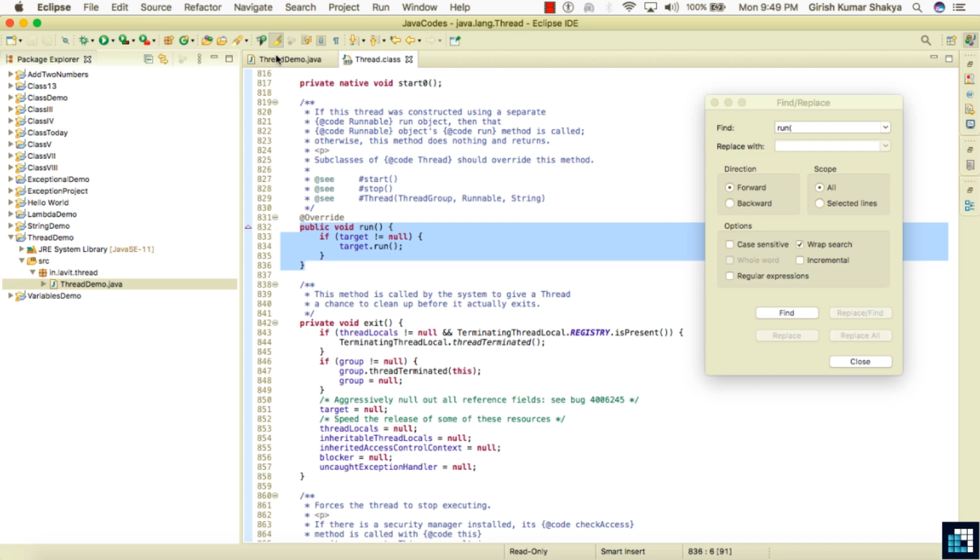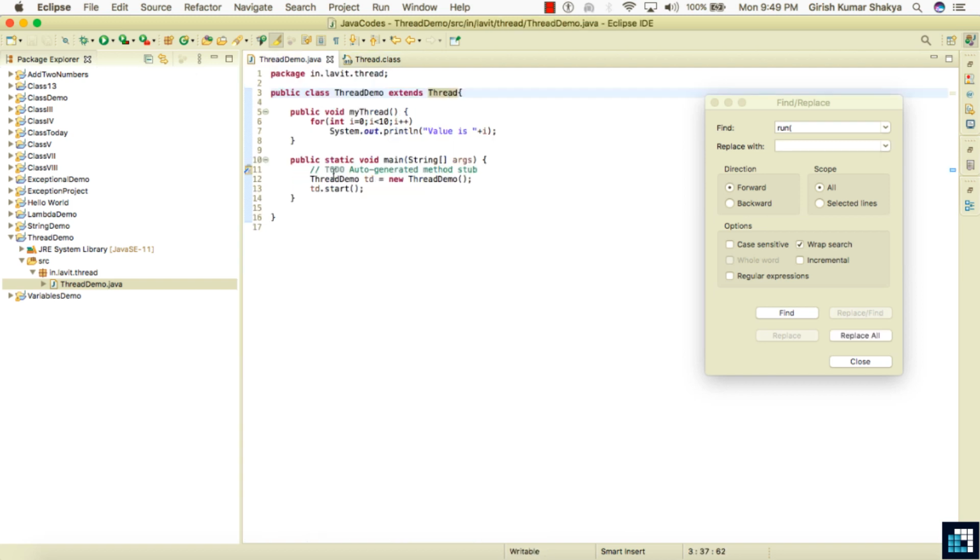So remember, my friend, if you are extending a class, create an object, and then you can invoke the start method.